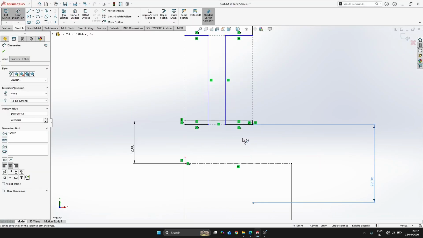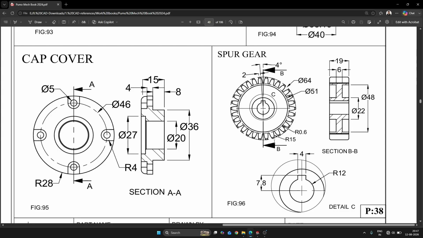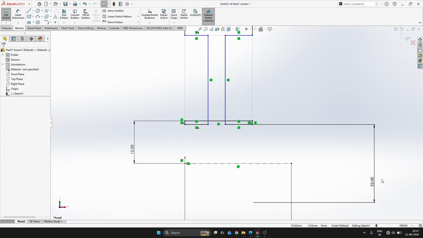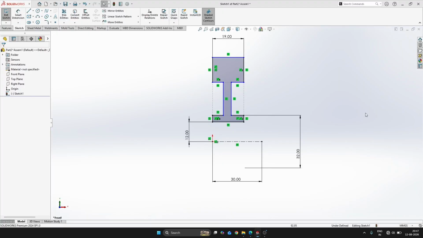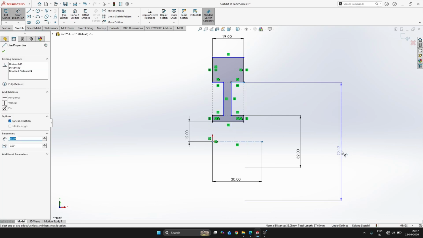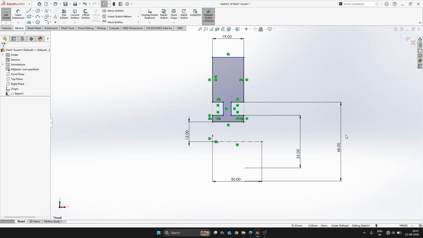Okay, I think it is a mistake. Yeah, it would be 32, I think. Yeah, 32. So and then 48. So this 48. So for dimensions, if you press and hold the right mouse button and drag it, you can